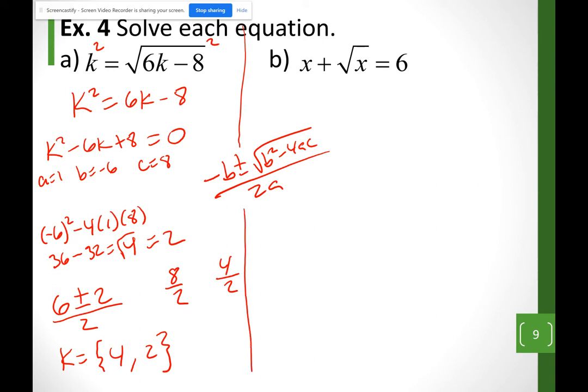In order for me to get rid of the square root symbol, I must have the square root by itself. So let's take a look at b. Let me get rid of this x first. So I have the square root of x equals 6 minus x. So I'm going to square it. Literally, when I square it, what it means is that I have the same parentheses twice. I literally wrote 6 minus x twice instead of just 6 minus x squared because since I'm going to multiply it, it helps me to